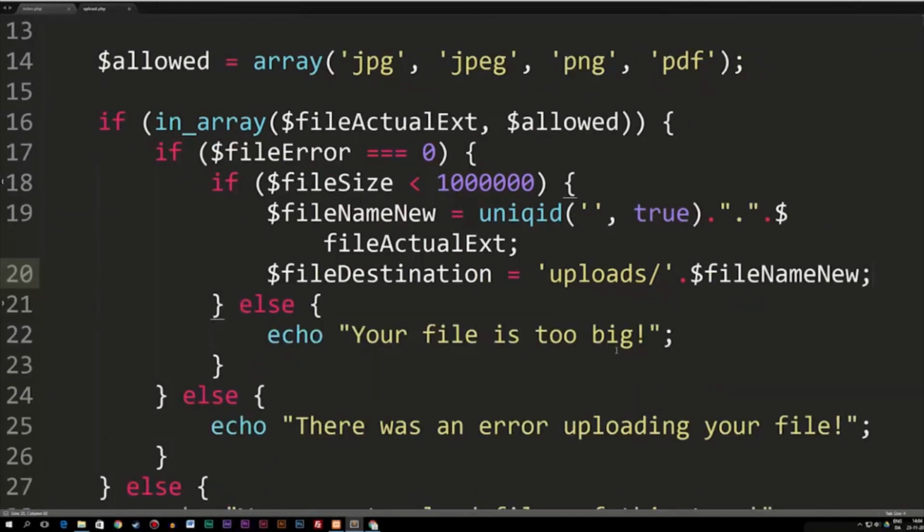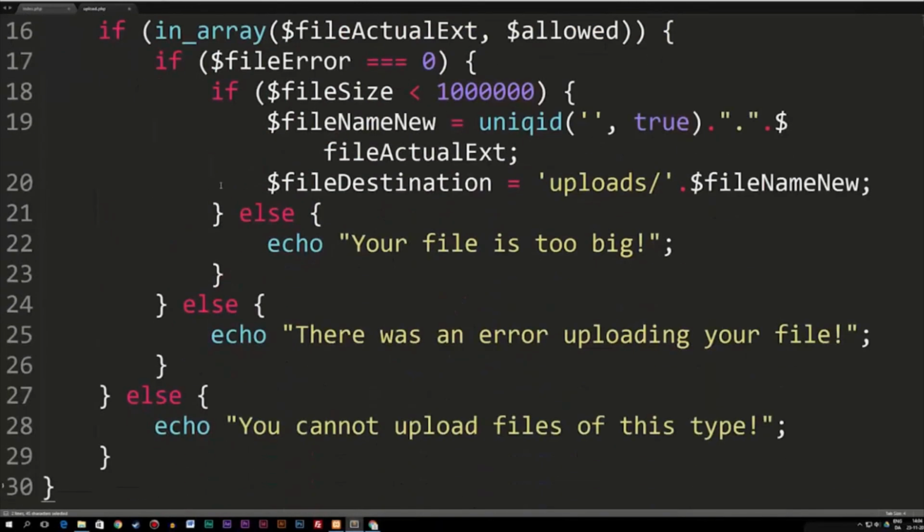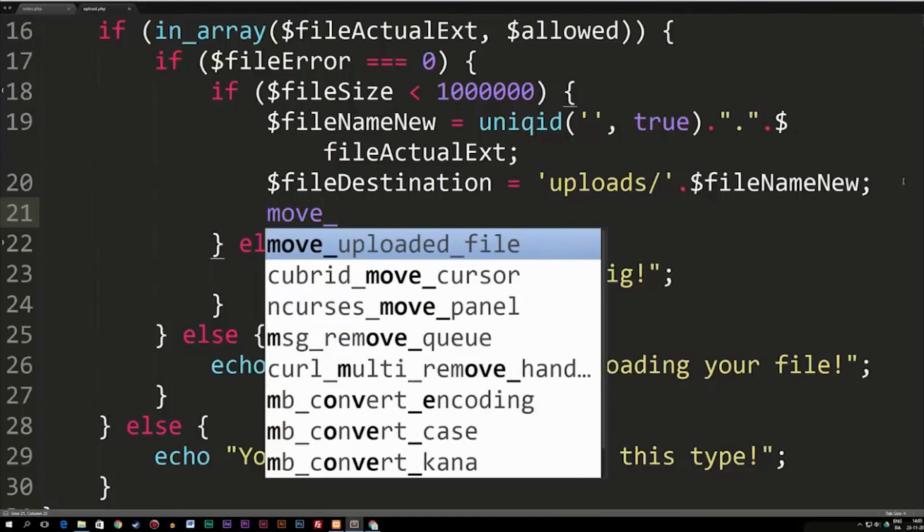So now that we have this, we just need to do one more thing before the file will actually get uploaded, which is to create the actual function which moves the file from the temporary location that we have up here into the actual location that we want it to become uploaded to, which we have right here. So on the next line, we're going to create the function which actually uploads the file, which is called move_uploaded_file,